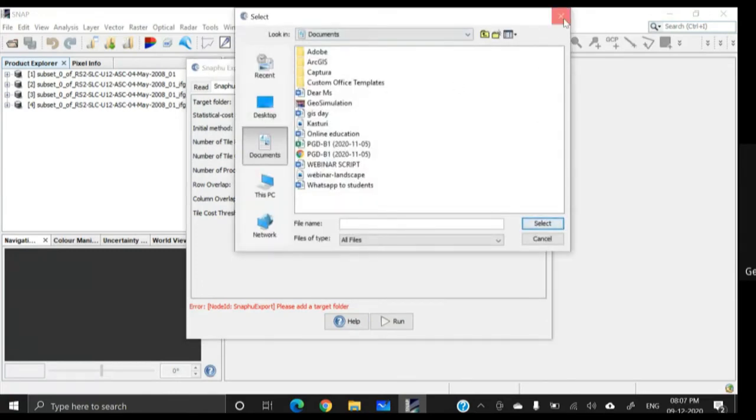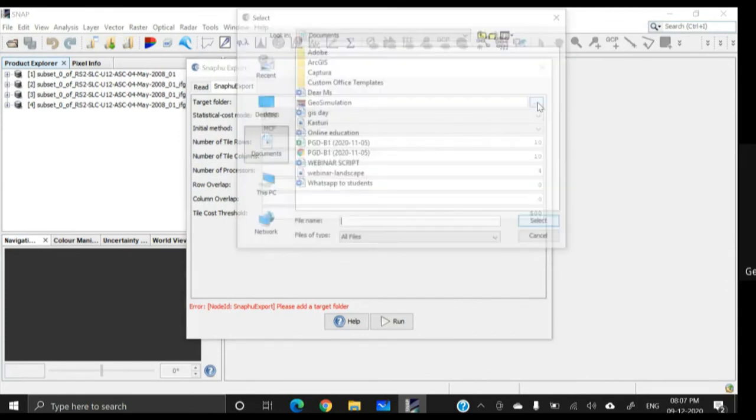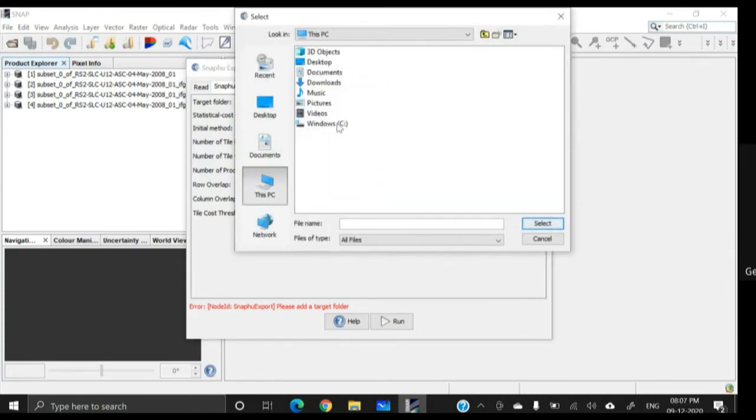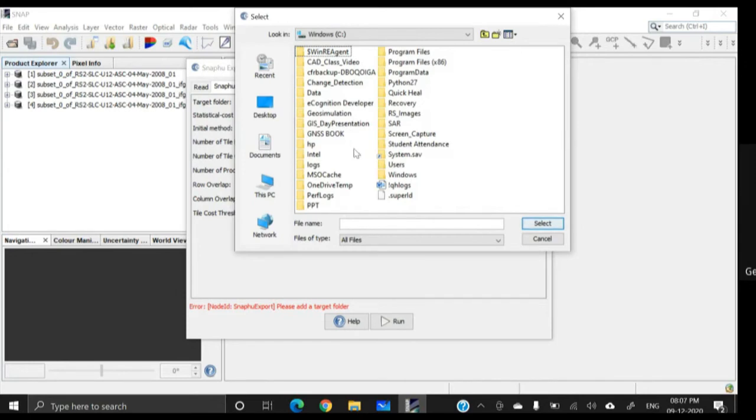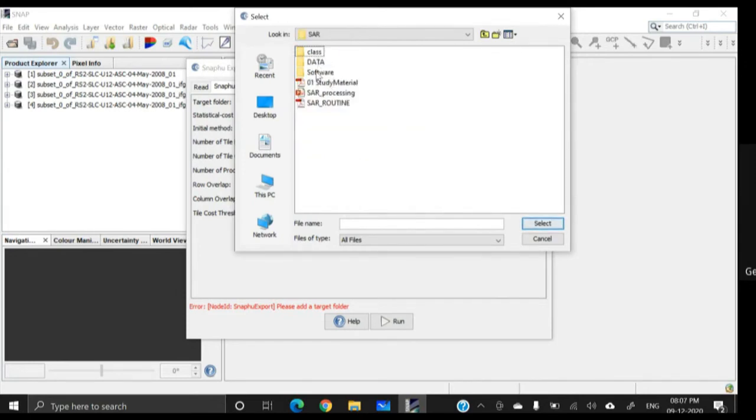So click on these 3 dots, then go to your desired folder: SAR, data, insert, output.